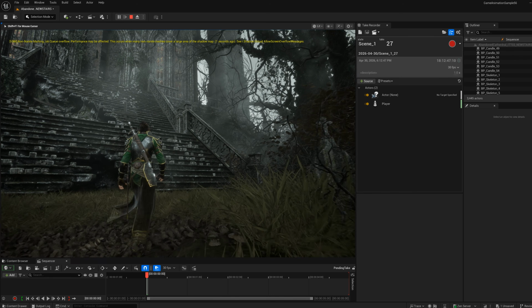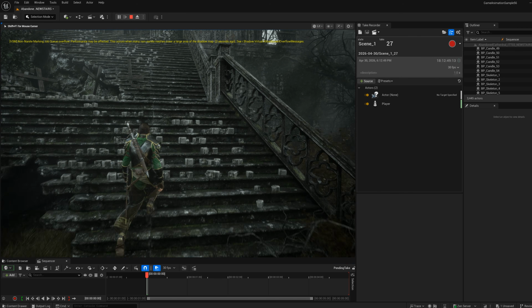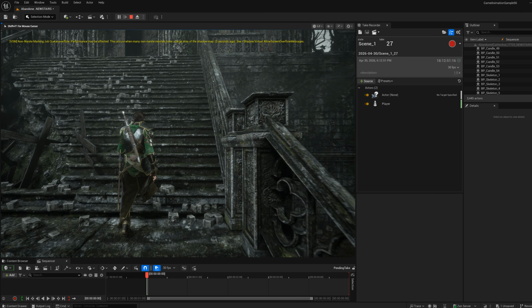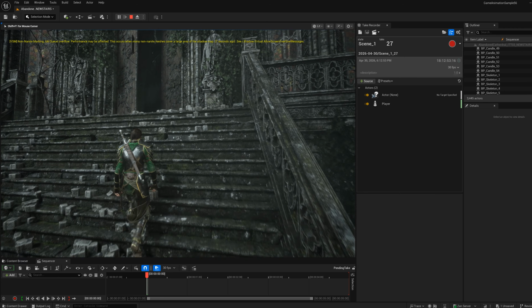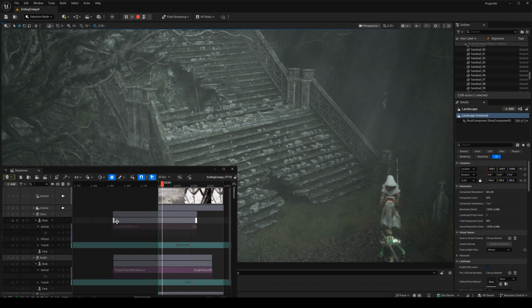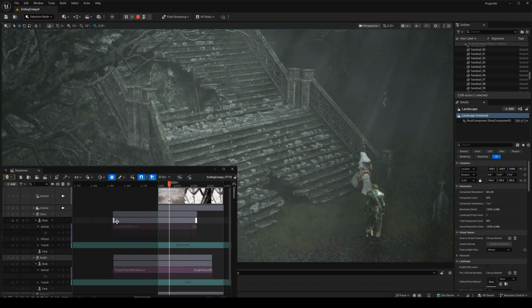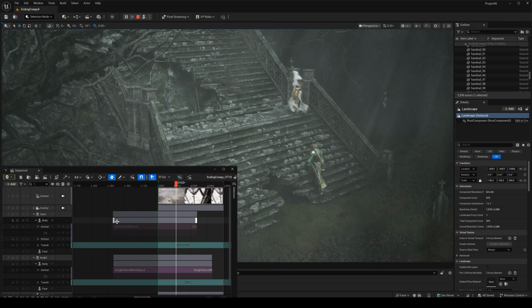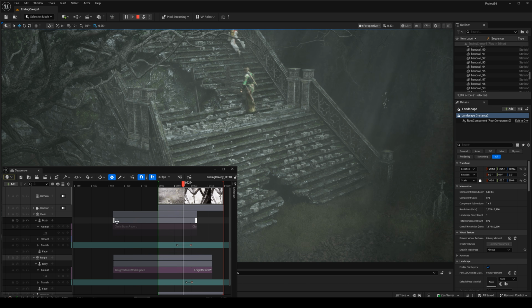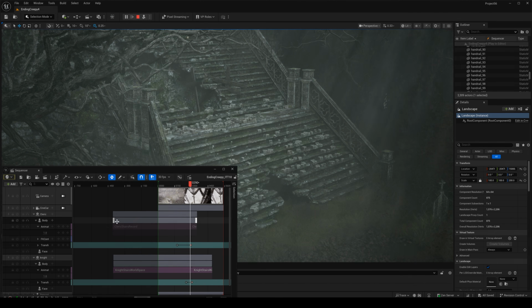One thing that caught me off guard was that the stairs didn't have a proper collision mesh, so I did have to go in and create one specifically for this shot. You can create as many of these take recordings as you want and merge them in your main sequence. So I did the whole thing twice, once for my knight and once for the cleric.